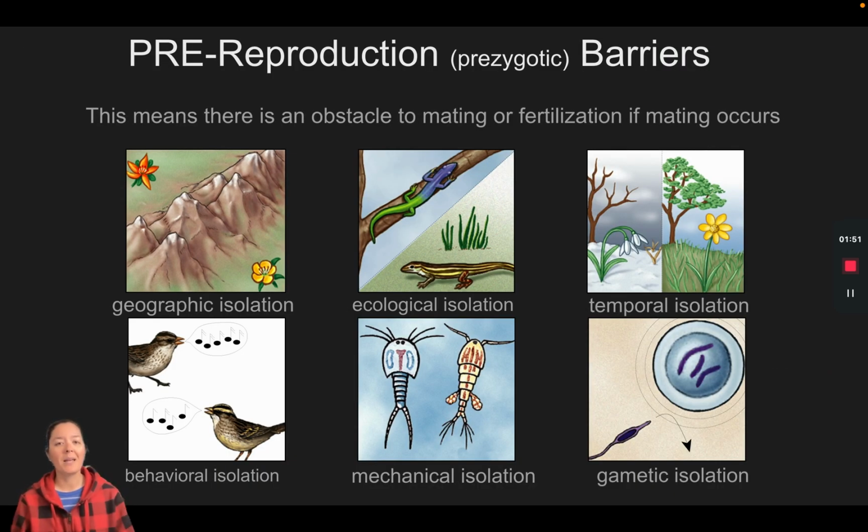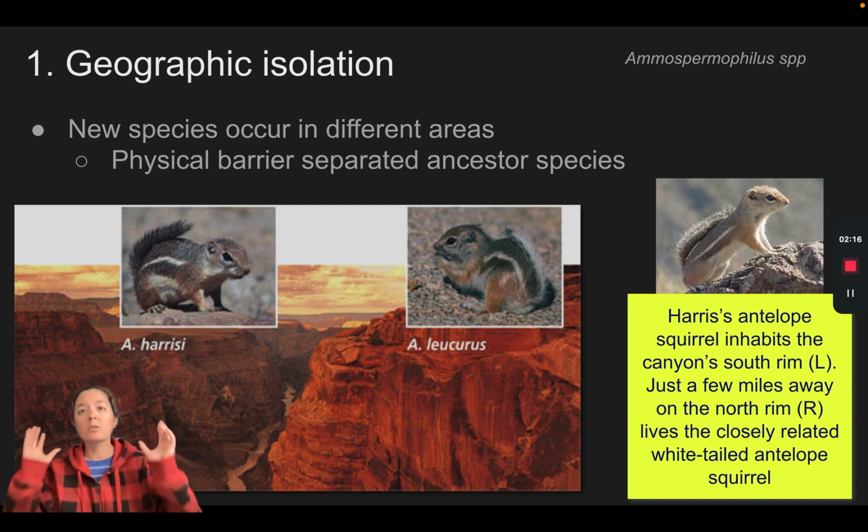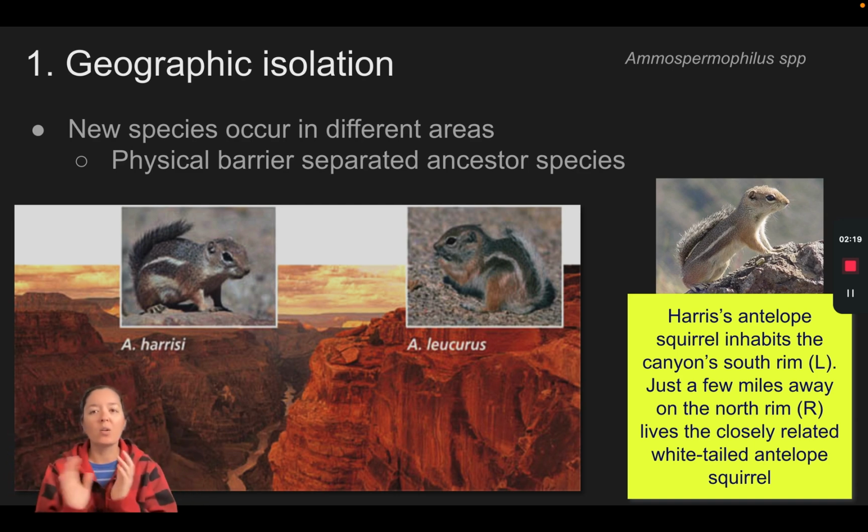There are 6 main prezygotic barriers: geographic isolation, ecological isolation, temporal isolation, behavioral isolation, mechanical isolation, and gametic isolation. So to start, geographic isolation. This is when new species happen in different areas, and it has that physical barrier. So this would be an allopatric speciation. If there's some sort of physical thing that gets in the way due to the geography, we will see that